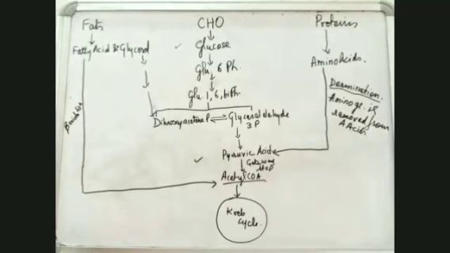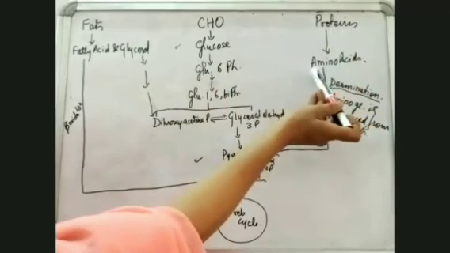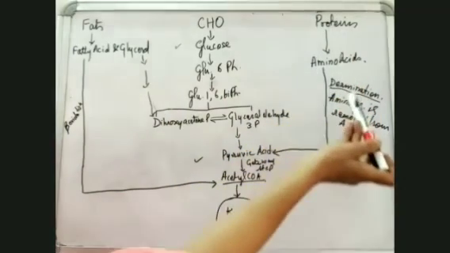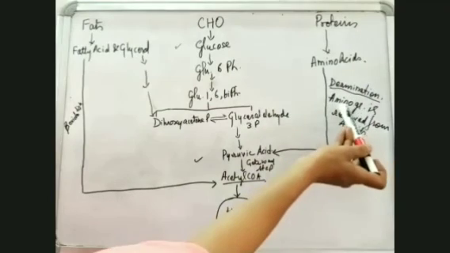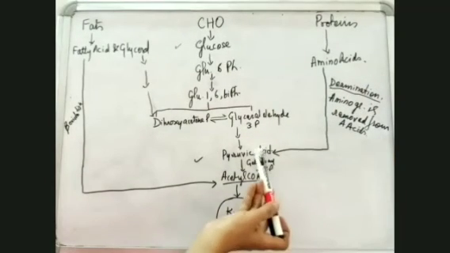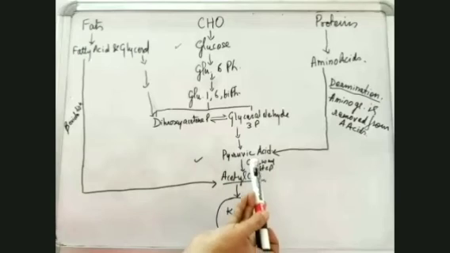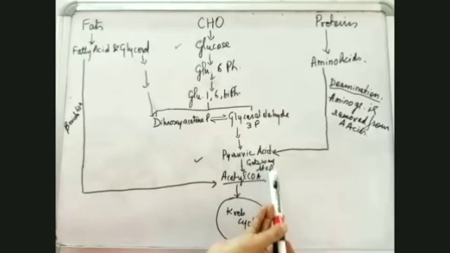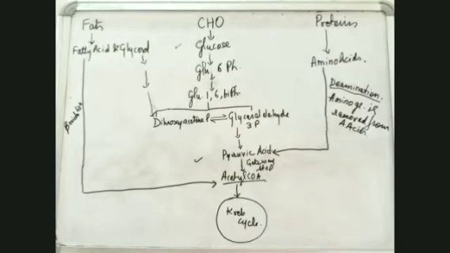aerobic respiration. So proteins get broken down to form amino acids. These amino acids remove their amino groups and get converted into pyruvic acid. Then this pyruvic acid undergoes the gateway step, when it changes into acetyl coenzyme A, and then finally it enters the Krebs cycle, producing 24 ATPs. So this is how proteins enter aerobic respiration. So we have done all the three biomolecules which produce energy as a result of a respiratory process.